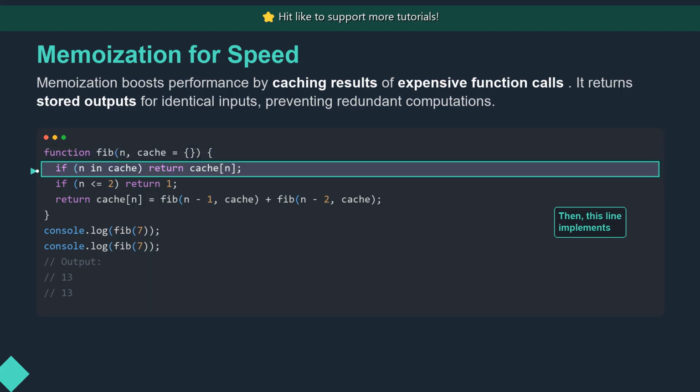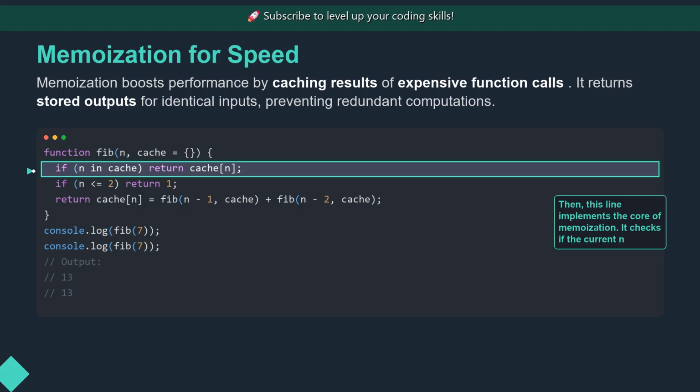Then, this line implements the core of memoization. It checks if the current n value already exists as a key in our cache object. If n is found, meaning its Fibonacci number has been previously computed, the stored result cache[n] is immediately returned, avoiding